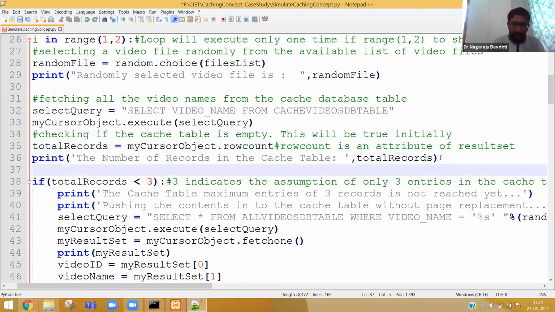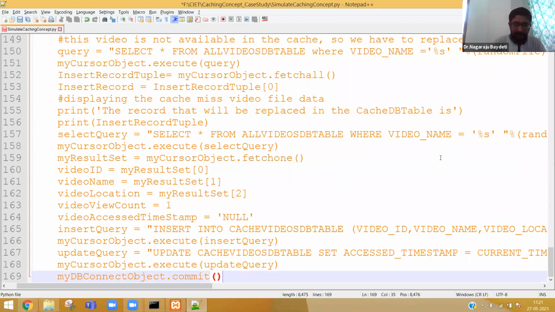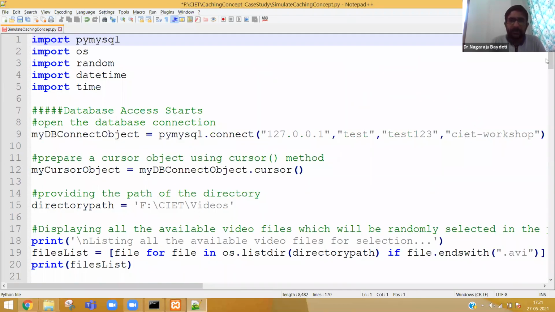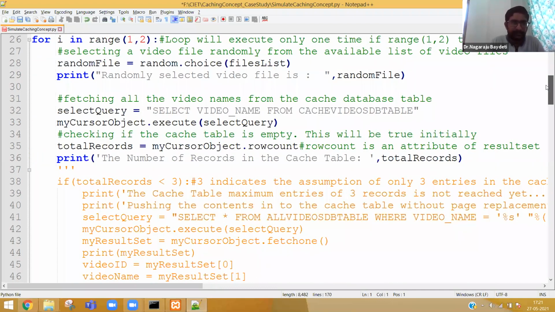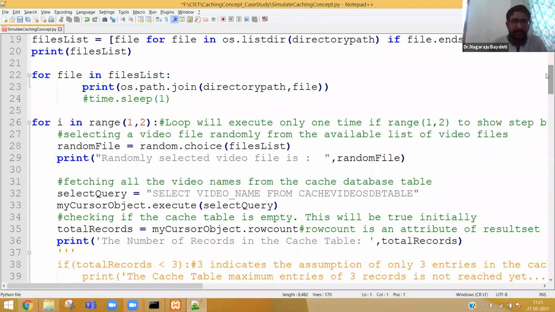So let me keep the rest of the part commented. Everybody please see here. Let me execute the program till here at least. And then I will explain the next part. So what is happening here? We are searching the video files, selecting one of the videos, and then going and seeing the cache video DB table about how many files are there.